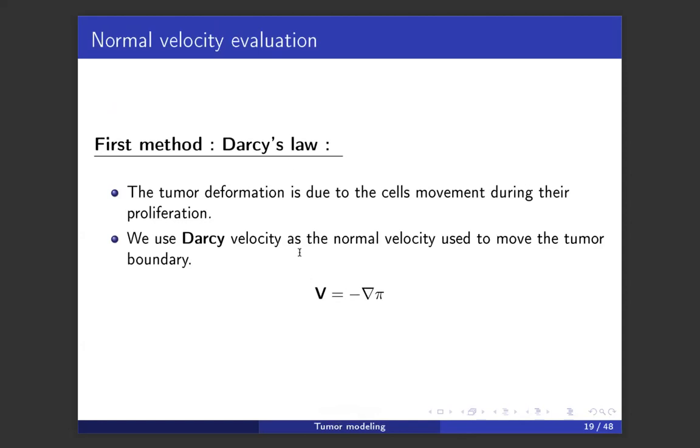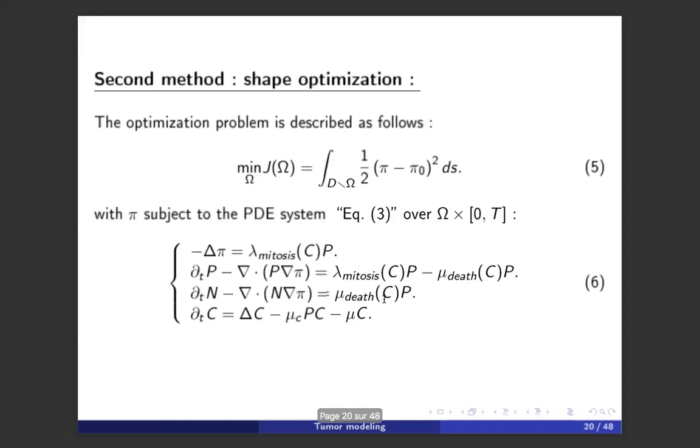We can use the Darcy law, since the tumor deformation is due to the cells moving during their proliferation, and using the Darcy law, we have the velocity equals minus the gradient of P, and it is easy to compute. We can also use a shape optimization method, which is an optimization problem,